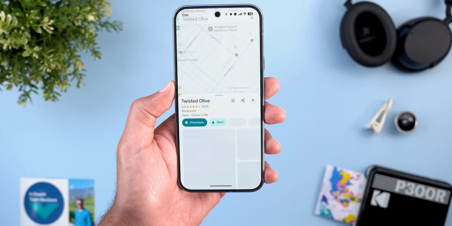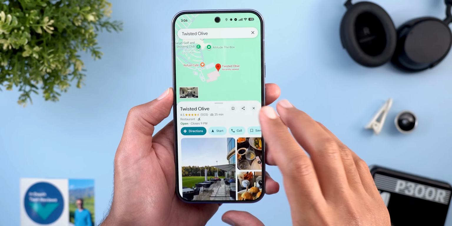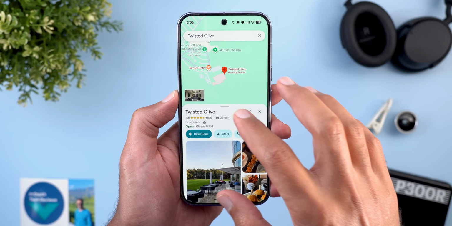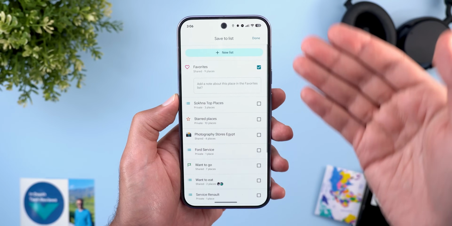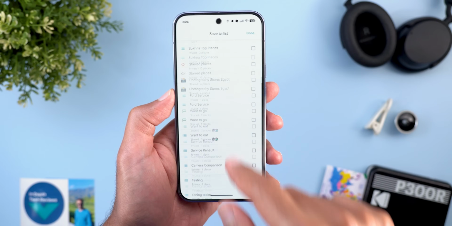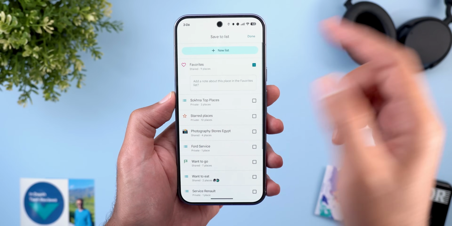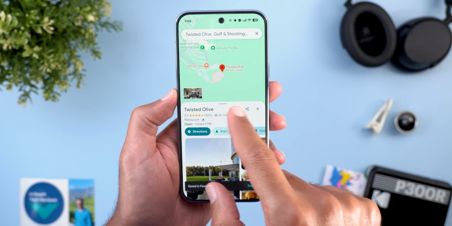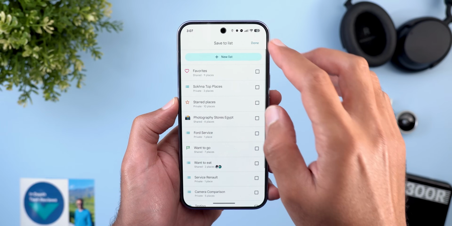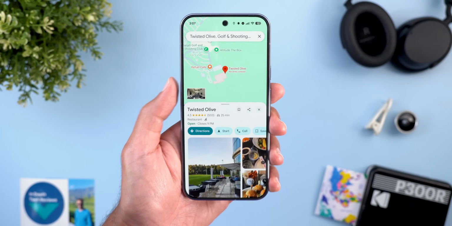And the second change, when you open any of the listings, now we have this new bookmarks button that will give you a quick way to add any of these places to any of your lists, like your favorites or any custom list you created before. And if you want to add it and then tap on done, it will be highlighted like this. And if you want to remove it, just remove that tick and then tap on done and it will be